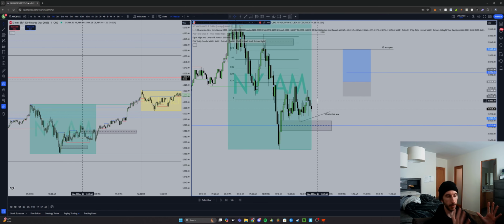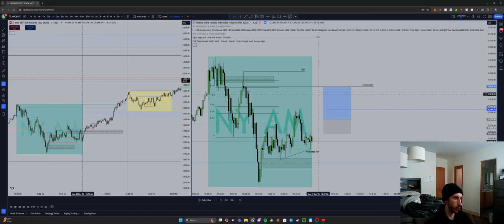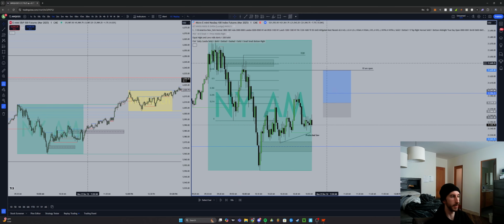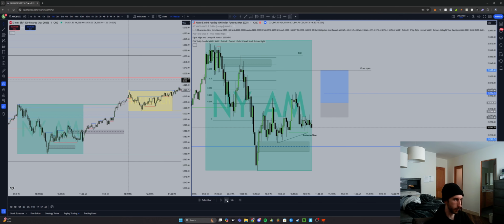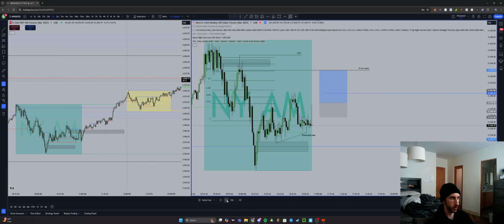Now, at this point, I saw that we actually failed to take this low on NQ, right? But if you look at the 10:51 low on ES, we actually did run this low here at 10:27. So we ran that low, had an SMT. So now my eyes are just targeting this. I want to see this high here, but I need an entry, right? So what am I waiting for? I need an inversion. That's literally it.